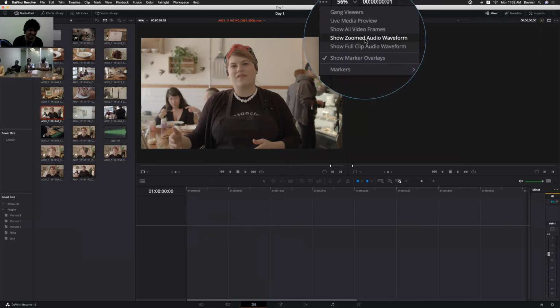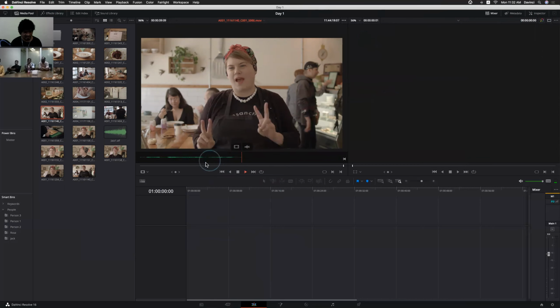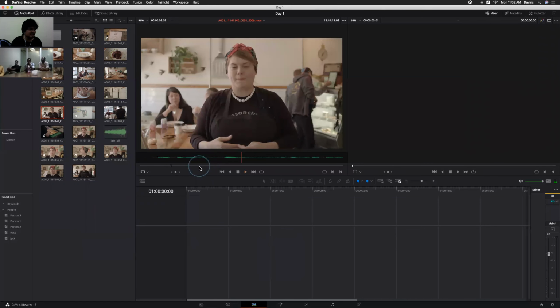In editing rooms, most of the time we stick with the audio waveforms, right? So here I'm selecting show zoomed audio so that we can see the audio waveform better. Based on dialogue, we can make in and outs, or if you want to see the entire audio, we can see that.